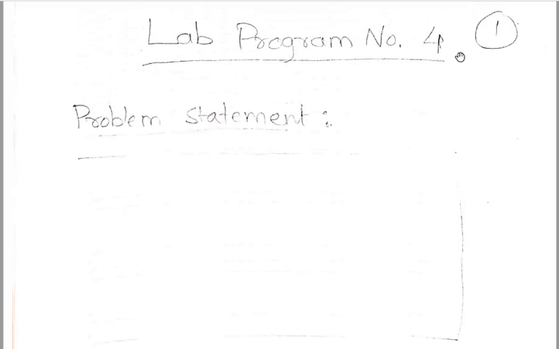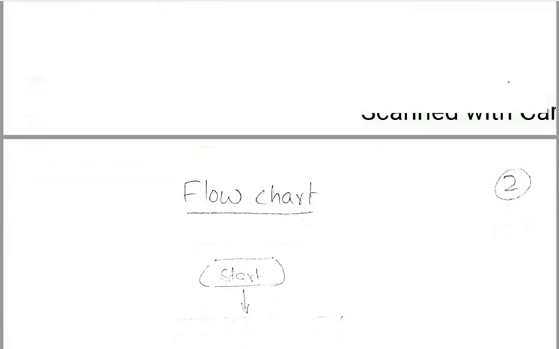You are going to write the lab program number, and this number is also from your syllabus copy. And the problem statement, you will write the problem statement. For example, you have already done, let's say, the simulation of the calculator. For the simulation of the calculator, there is a problem statement. You have to write that one. That is on page number 1. Then we will move on to page number 2. Nothing else on that page.